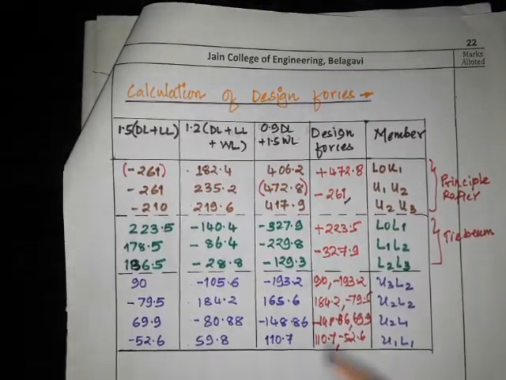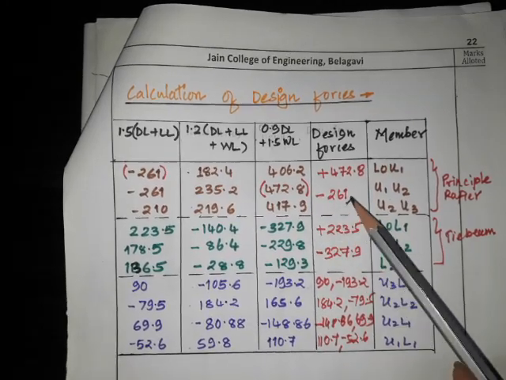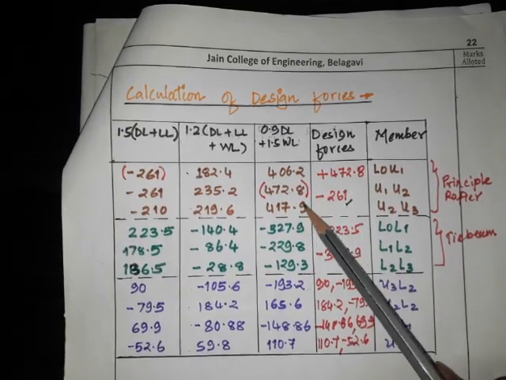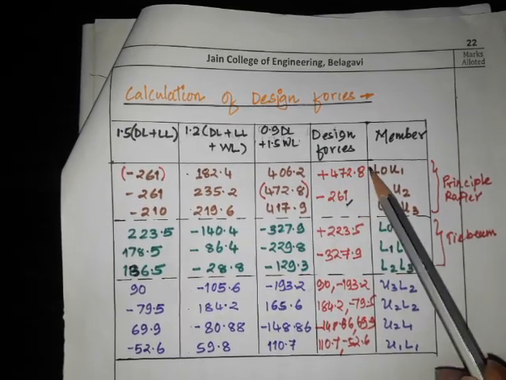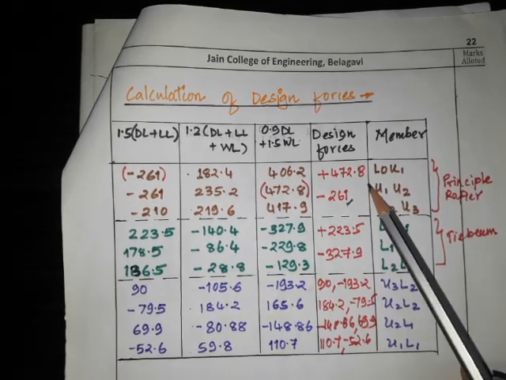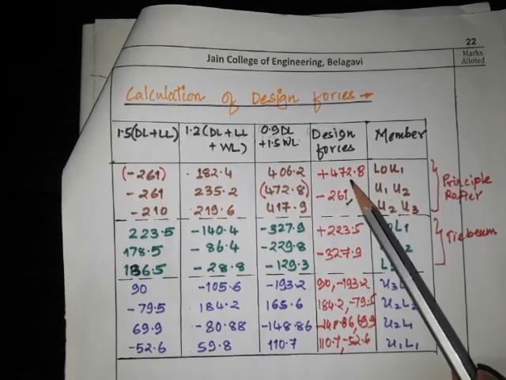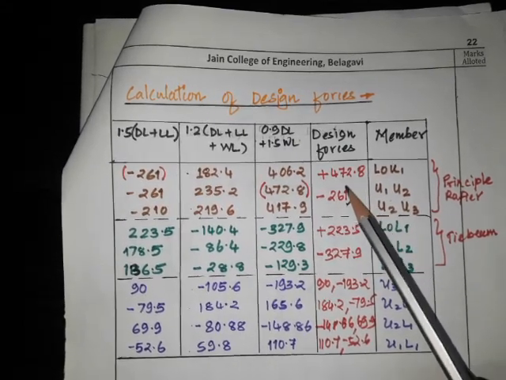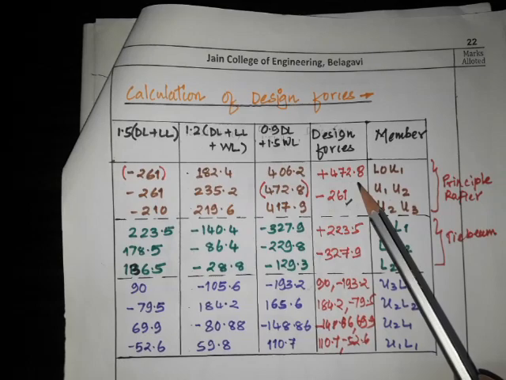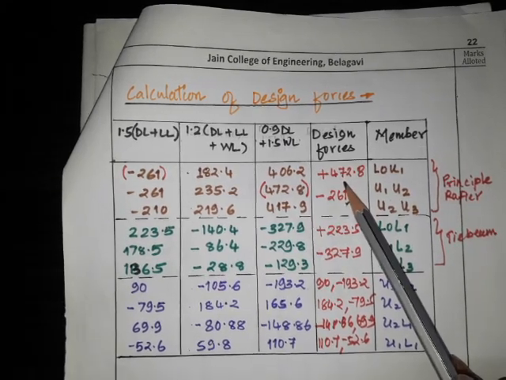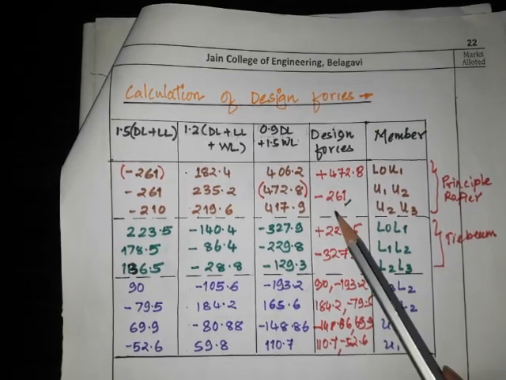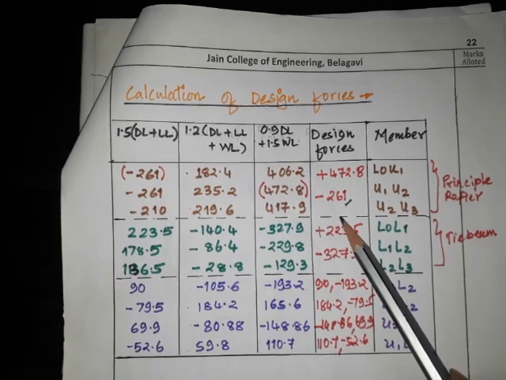So now what you have to do here, you have to note down these design forces for the design of principal rafter. So here the maximum force is tensile. So what you have to do here, when you get both the forces, when you get tension as well as compression, you have to design as a tension member and later the same member you have to check for compression. Okay, we have to design as a tensile member because the maximum force is tension in principal rafter. So we have to design that member as a tensile member and then the same member you have to check for compression for the force of 261 kilonewton. Okay, are you getting it?